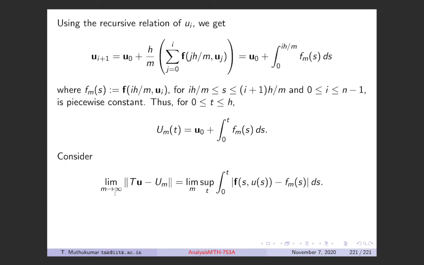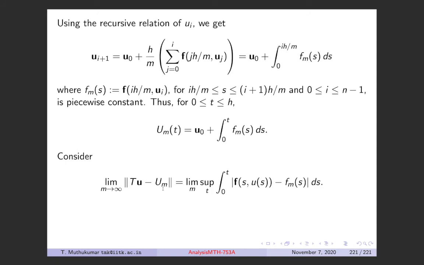So now we consider this limit of m going to infinity, Tu minus um. We already know this u is a uniform limit of um. So we look at Tu minus um. If this goes to 0, then we have shown that u is a fixed point, right? Because this is independent of m. So this goes to u. So what basically we are showing is Tu minus u, right? So limit of m going to infinity,